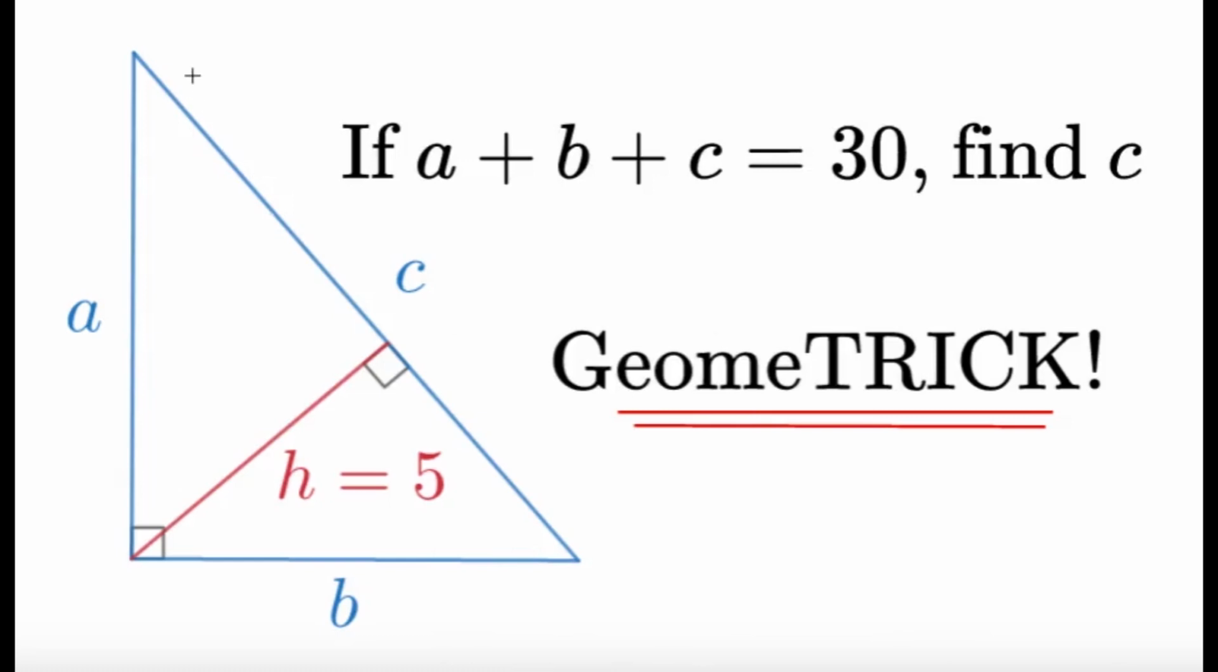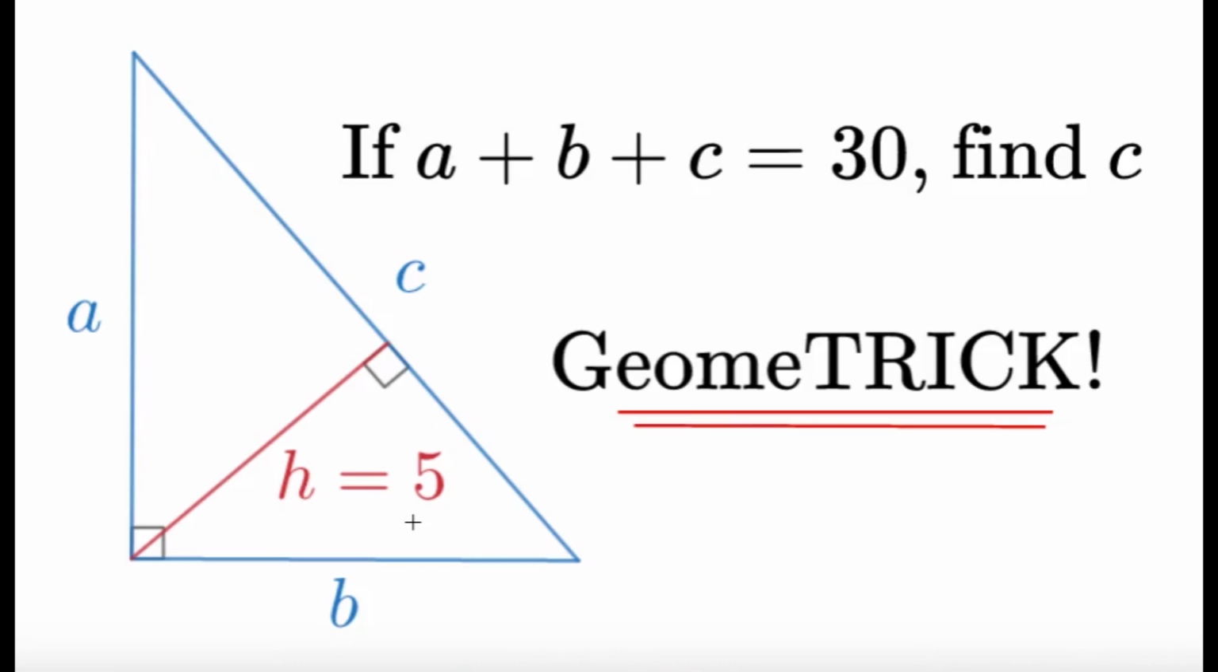Given this right triangle, if a + b + c = 30, find c. It is given that the length of the altitude to the hypotenuse, h, is 5. As usual, pause this video if you'd like to give this item a try, but if you're done, let us